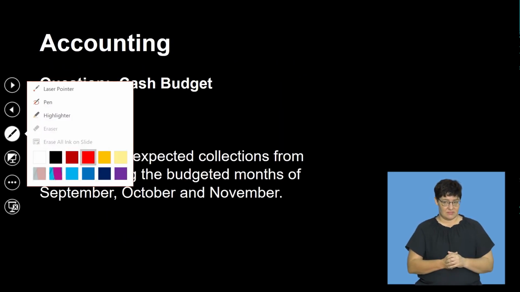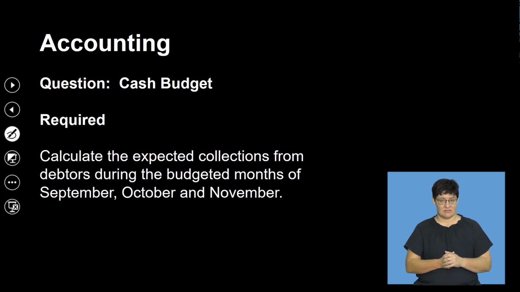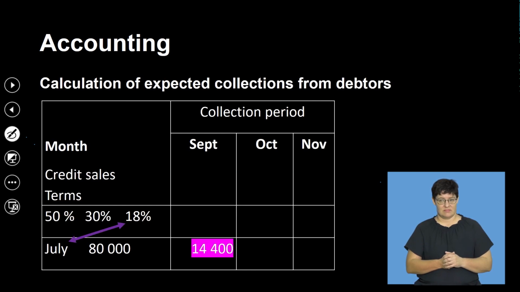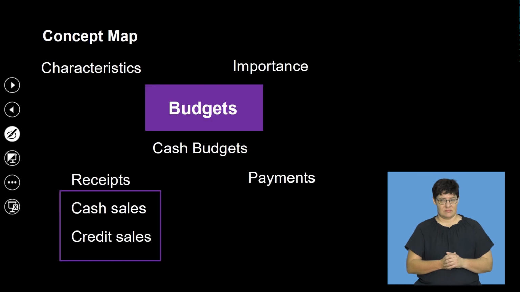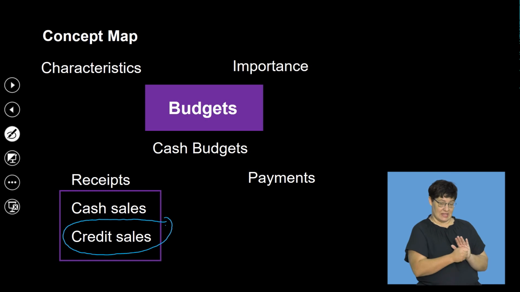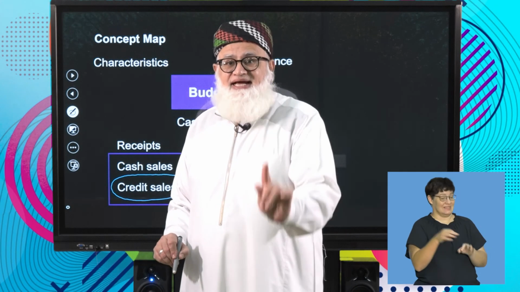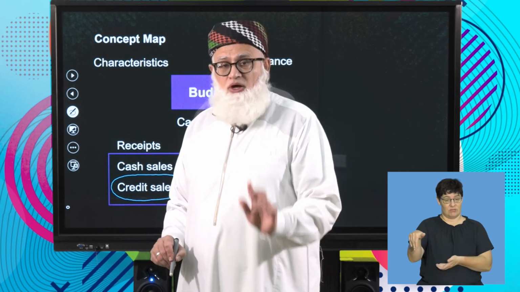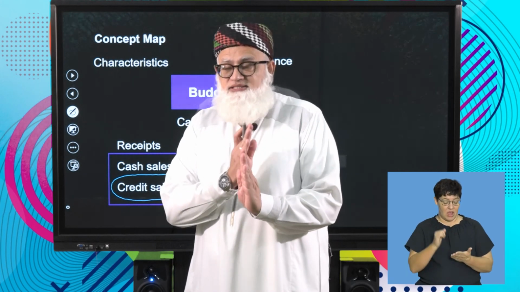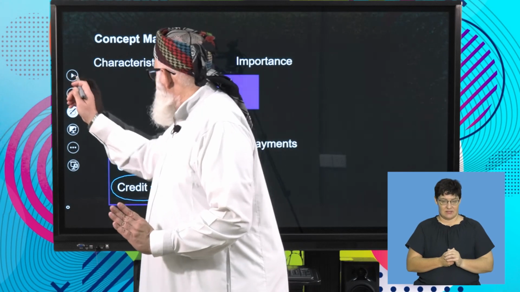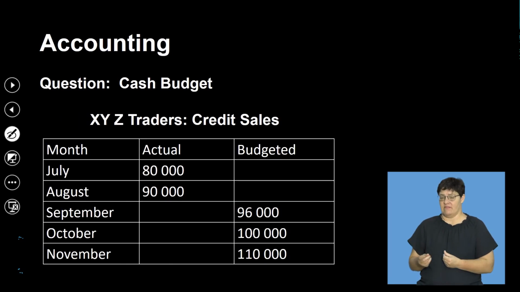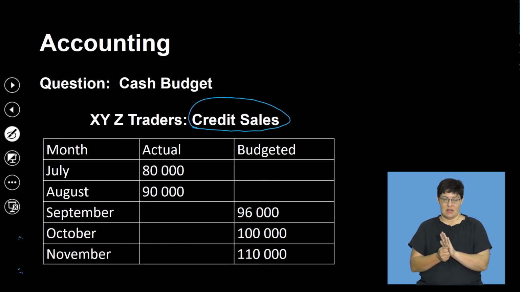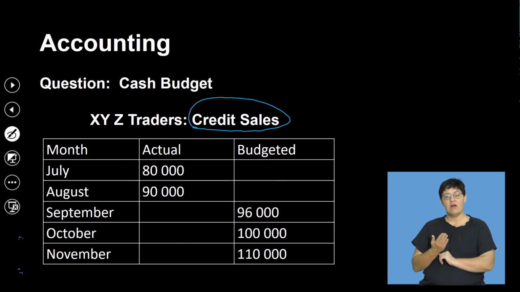We need our credit sales. Here we go. Let's go back. Right, here we go. We have our credit sales, and that's the most important aspect of my debtors collection schedule. What is that? The credit sales. Looking at my information, what do I have? I'm told that these are my credit sales, so immediately I know I'm starting off from a figure that I